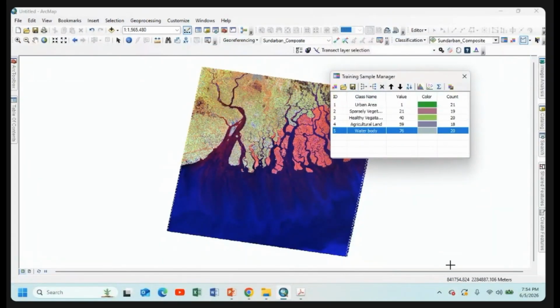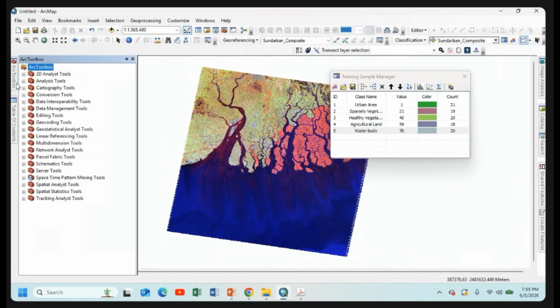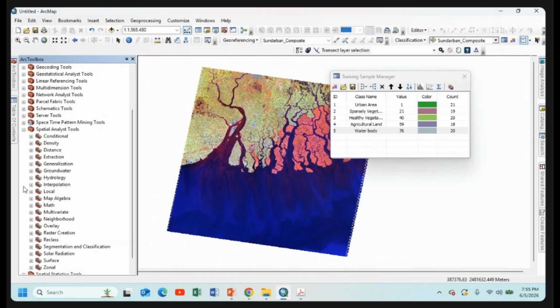Now first we are generating our MLC classification method from this training sample. After that we create our SVM classification method. For this we are going to ArcGIS toolbox. Wait until it has been opened. So from the ArcToolbox, we will go to spatial analysis tool.